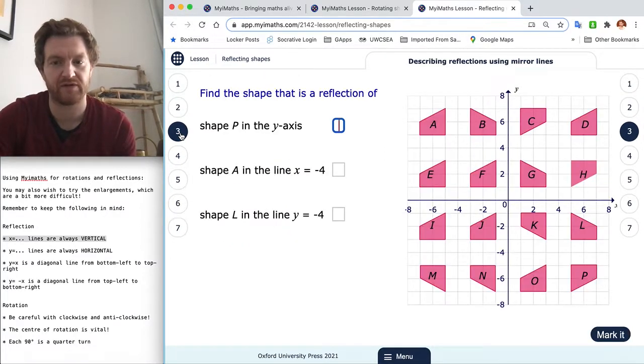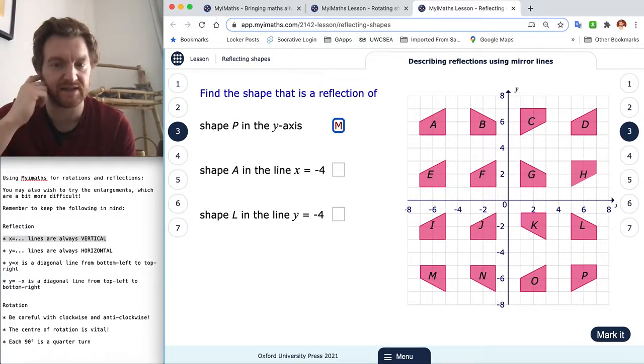So let's look at a couple more examples. Also, we can use the axis. Here's a load of pictures. Here's shape P in the bottom right corner. If I was to reflect it in the y-axis, which is obviously the line here, where would it end up? If I reflected that shape in that line, you can count the boxes. From this corner, it goes 1, 2, 3, 4, 5 to the y-axis. So I repeat 1, 2, 3, 4, 5 on the other side, and I can see that